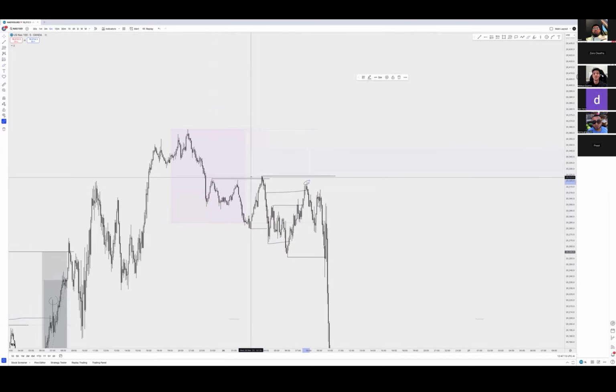let's say you entered here, you got your liquidity block. That makes sense to me because you got this right here, you got this right here. VOS to the downside, inducing sellers, and then you got sellers getting trapped over here, buyers getting induced. That makes sense to me, but honestly, like I say all the time, I like to see some sort of reactions. Like if it did something like this, that would have been beautiful, but that didn't happen.